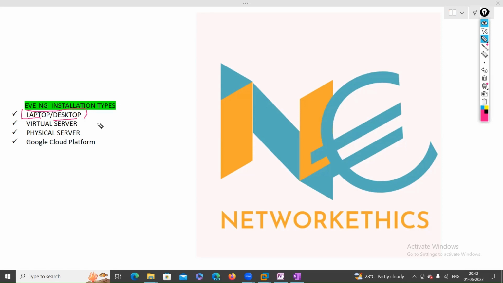If you have server-kind devices, huge hardware like a rack server or tower server with enhanced hardware, then in that case you can also install EVE-NG on your server with the help of a virtualization